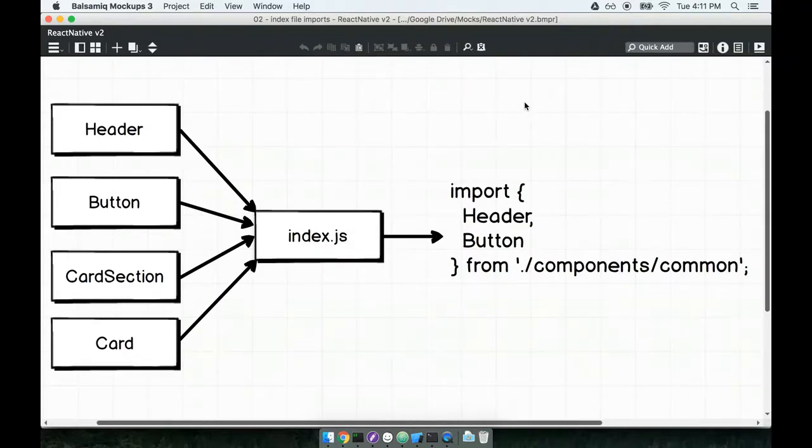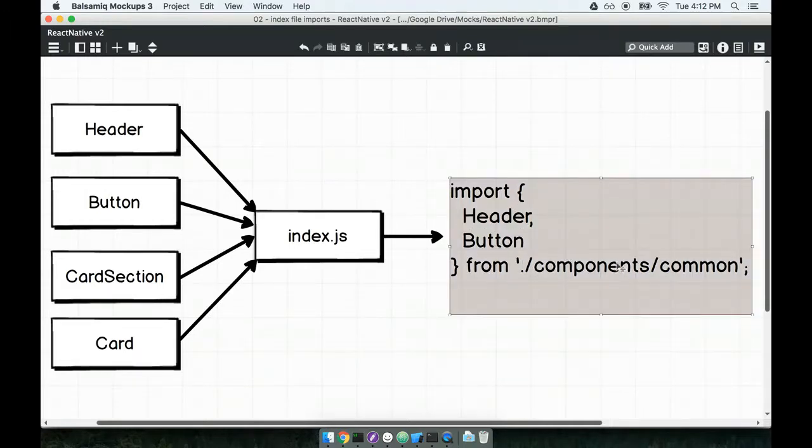All right, so here's the strategy here. Inside of our common folder, we're going to create a new file called index.js. So don't confuse this with the top level index.ios.js and index.android.js files. This is a completely separate one, all right, completely separate index.js file. So inside of index.js, we will import the header, the button, the card section, and the card, and then we will immediately export them. Then when any other component wants to use any of these files, if I have a single component that wants to get access to the header and the button, we will be able to import both those components from just